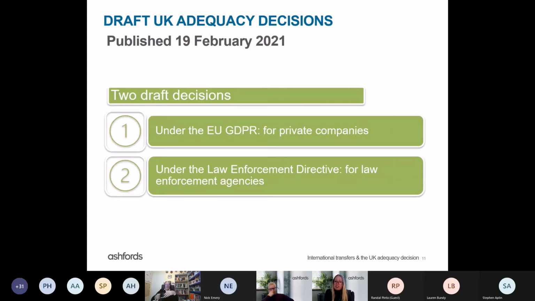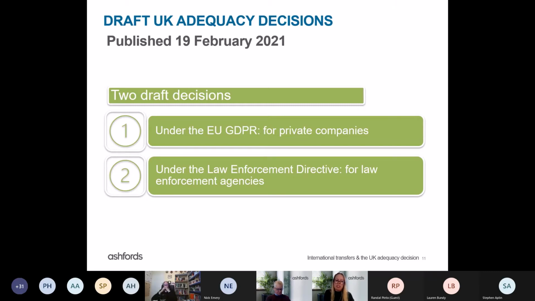So we've got 2 draft decisions for the UK, the first of those being under the EU GDPR. This one is relevant for private companies, so it allows private companies within the EU to continue transferring personal data into the UK. You've then got the second draft decision, which is under the Law Enforcement Directive. And this allows EU law enforcement agencies to continue transferring personal data to their counterparts in the UK,